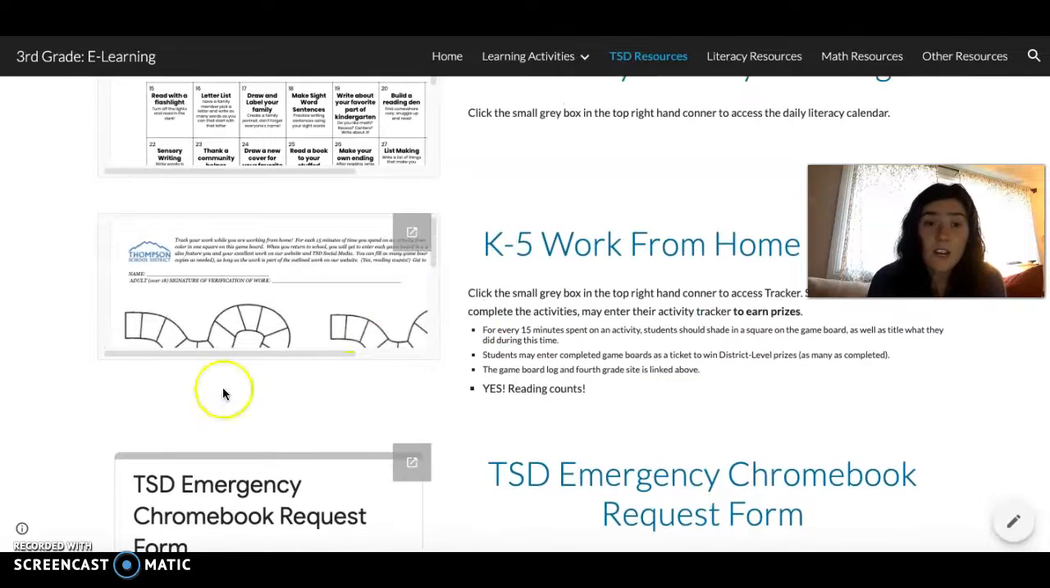The next thing is the K-5 work from home tracker. This is a great way to help your students track their learning and to know that they're not doing this